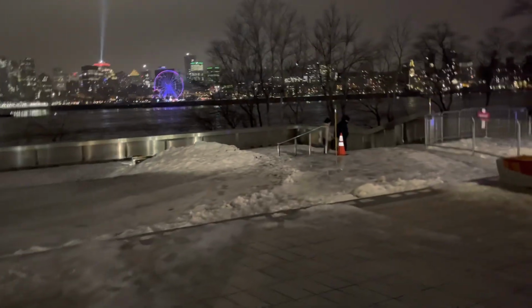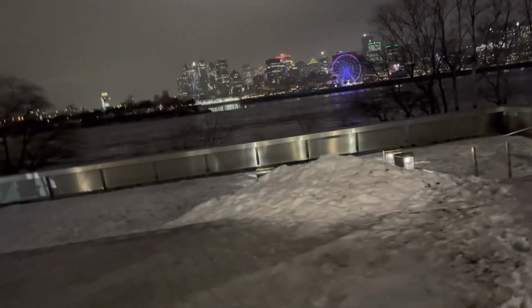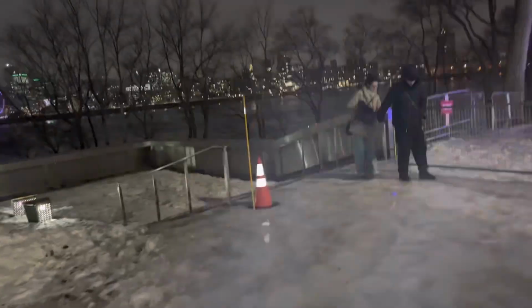So, walk over here. Got a nice view of the city here, so I'm definitely going to go ahead over there. But I have to be very careful because it's slippery. Oh wow, okay. I'm going to do this very slowly. And I can see the condition here is not the greatest. Okay. Ooh. See? This is the problem when it's...